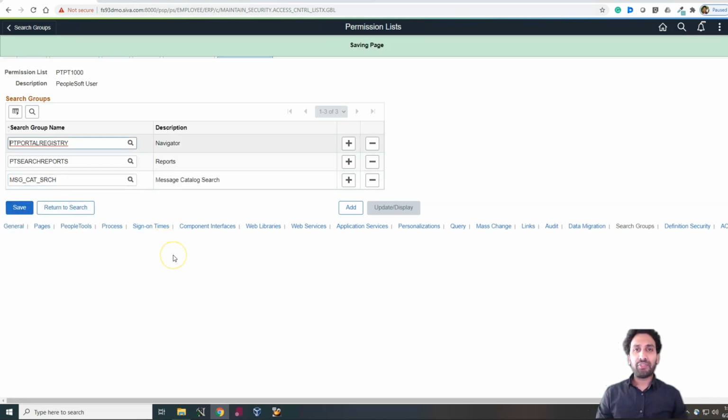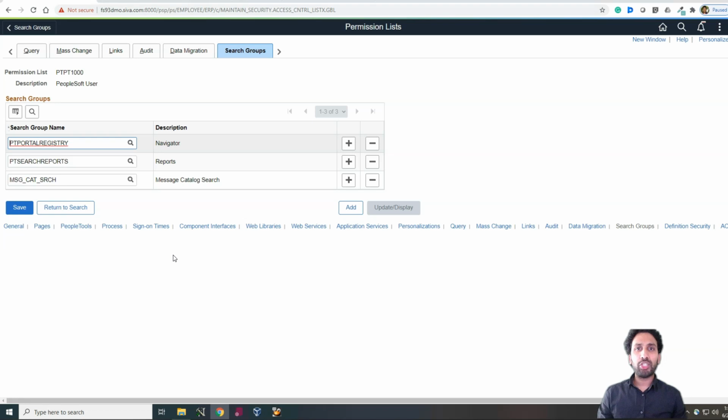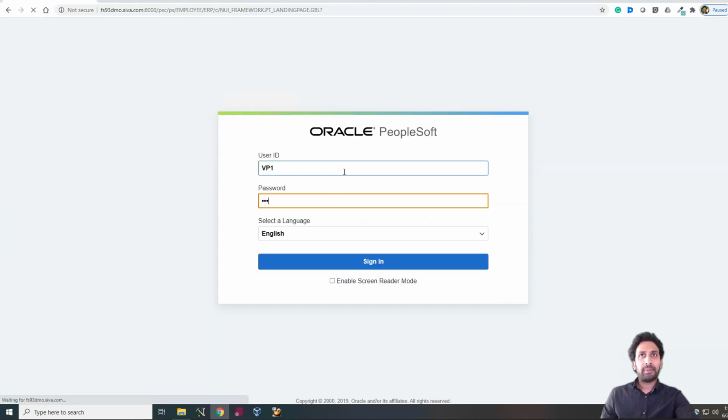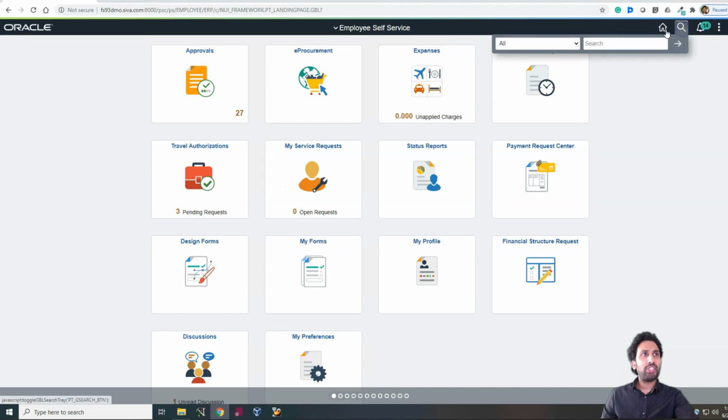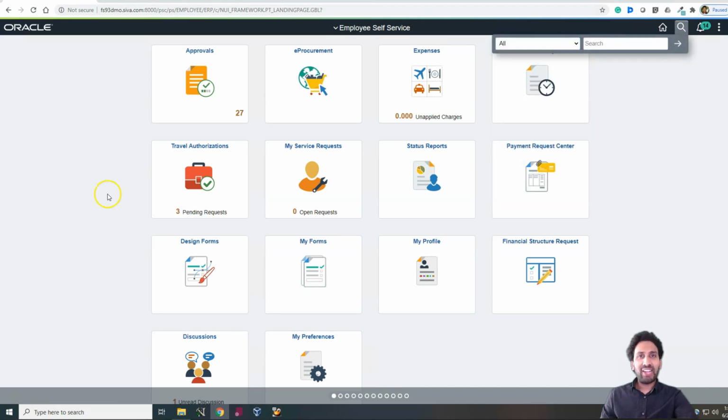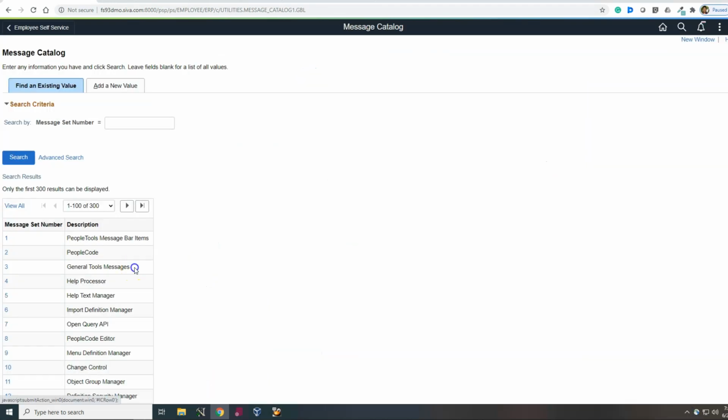Save. That's it. We have granted authentication to our search group. Let me log out and log back in to test our configuration. If you now select on the search icon, you should see message catalog search in the drop down. Now let's go ahead and run the same test case we did in previous episode.